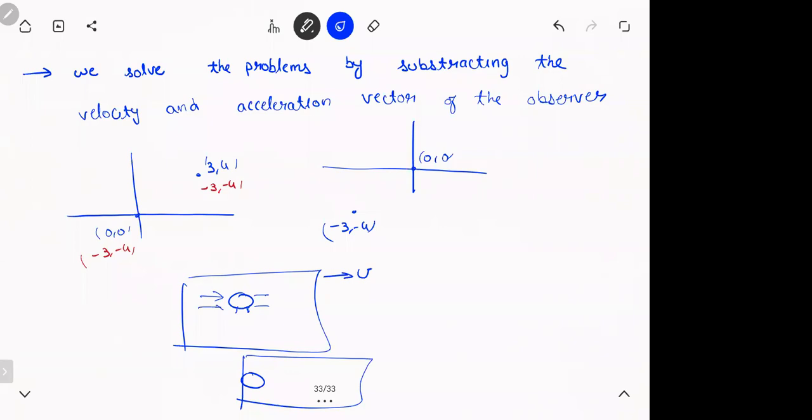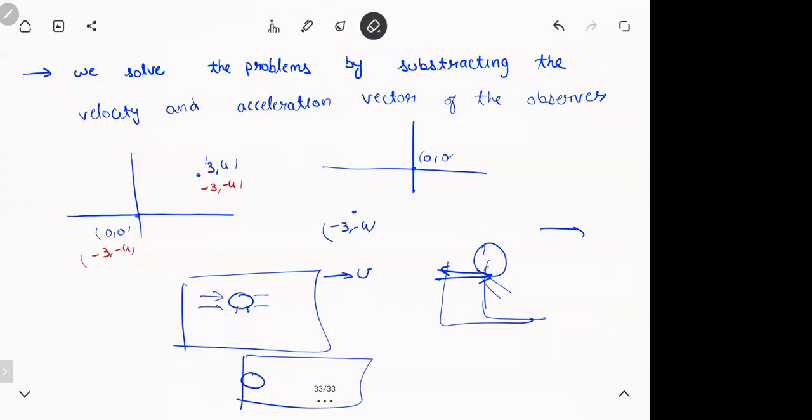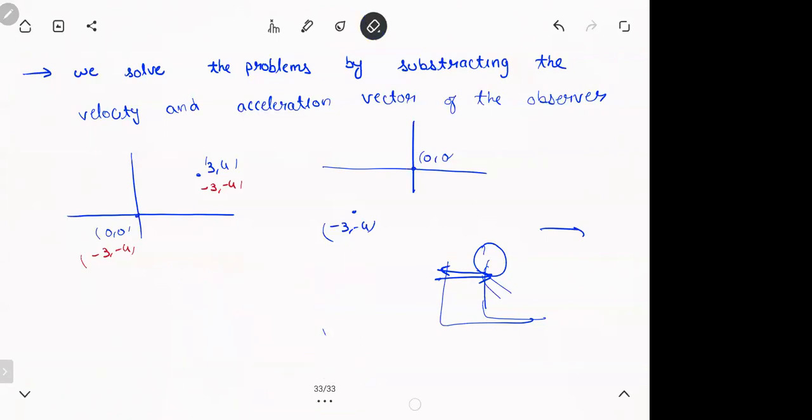You think you're hitting the seat. In reality, what is happening? The car is coming and hitting you from the back. When you're sitting in a chair like this, and the car suddenly moves, you go and hit the seat, no? We think we are hitting the back seat, but actually the seat is coming and hitting you from the back. That is what is happening.